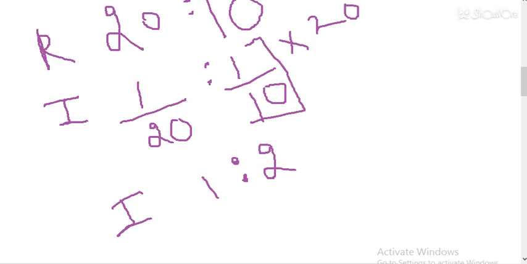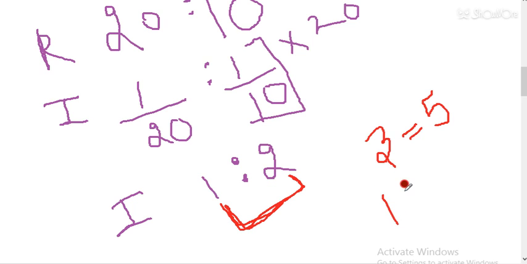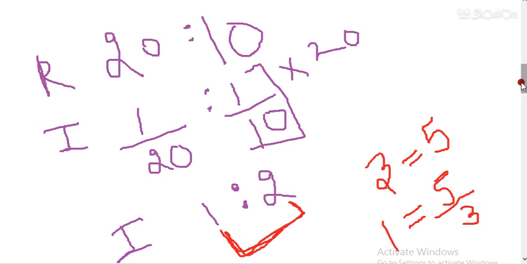Now listen to me. The total current is 5 ampere, and here the current is divided into three parts. So 3 parts is equal to 5. 1 part is equal to 5 by 3. So 5 by 3 ampere is one part. That means through R1, which is 20 ohm, one part is flowing, and through R2, two parts are flowing.